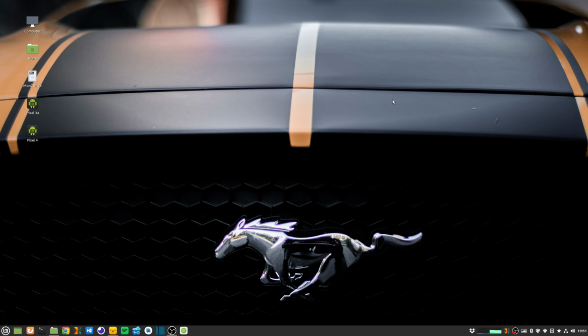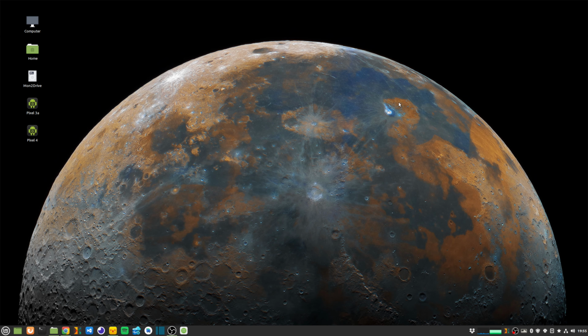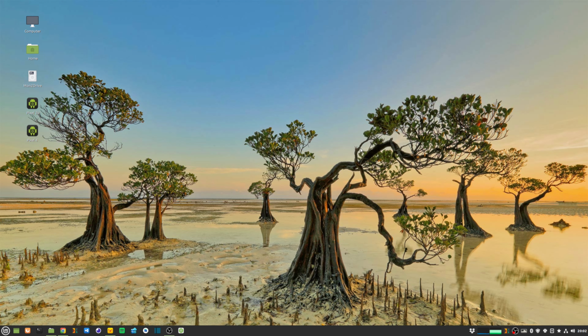Hi guys, Linux Mint is one of the most popular Linux distributions available at the moment. And I recently switched to Linux Mint 20.2, codename Uma, and I'm using the Linux Mint Cinnamon edition. Previously, I was using Ubuntu 20.04.1, and I have also done a desktop tour of that version. If you're interested in watching that, you can click the link above, which will take you to that video.